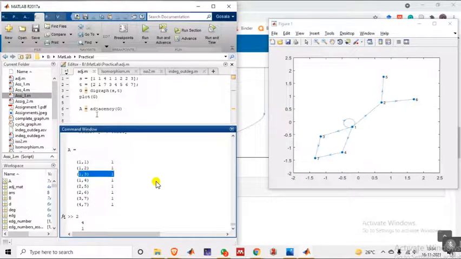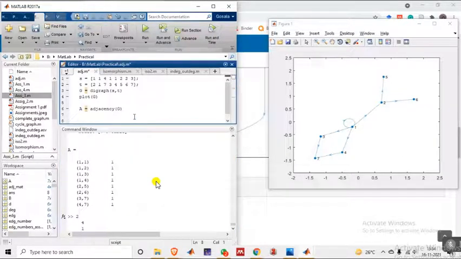you got 1. But as I said, the adjacency is a matrix. Matrix means you have to get those things in n cross n form. Since there are 8 edges and there are 7 vertices in this, you have to get a 7 cross 7 matrix, but you didn't get that here. You are only getting the values which are 1. There are only edges. So to get the complete matrix, I'm just creating one more